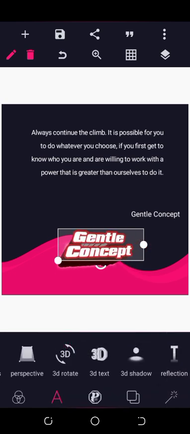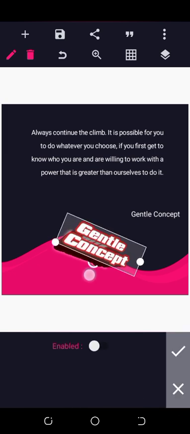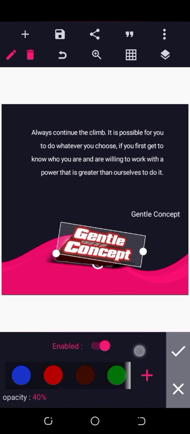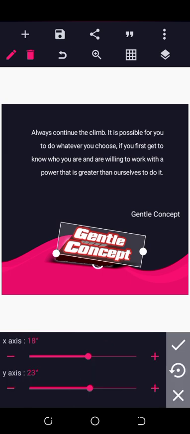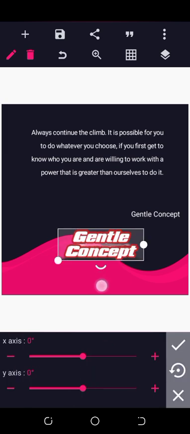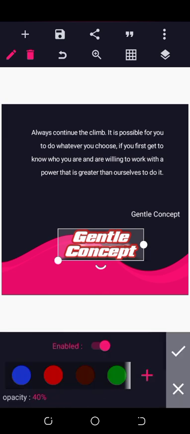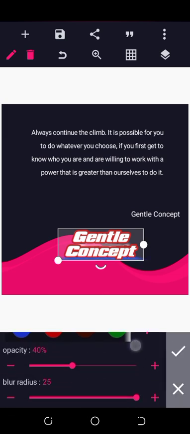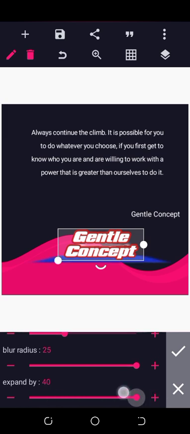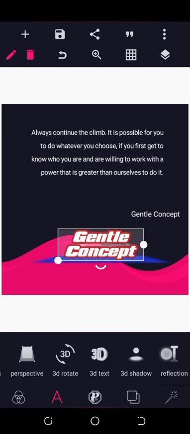Now the second to last one is 3D shadow. Hope you are seeing what I'm saying. 3D shadow. You can change the color of your shadow, opacity of your shadow, blur radius of your shadow, expand the shadow, and the last one is